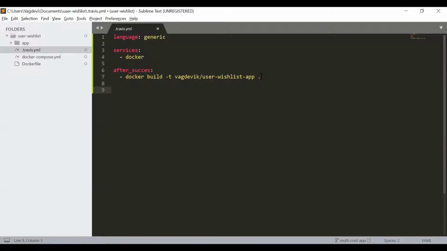Then I will be writing echo Docker password, Docker login -u Docker ID, --password-stdin.